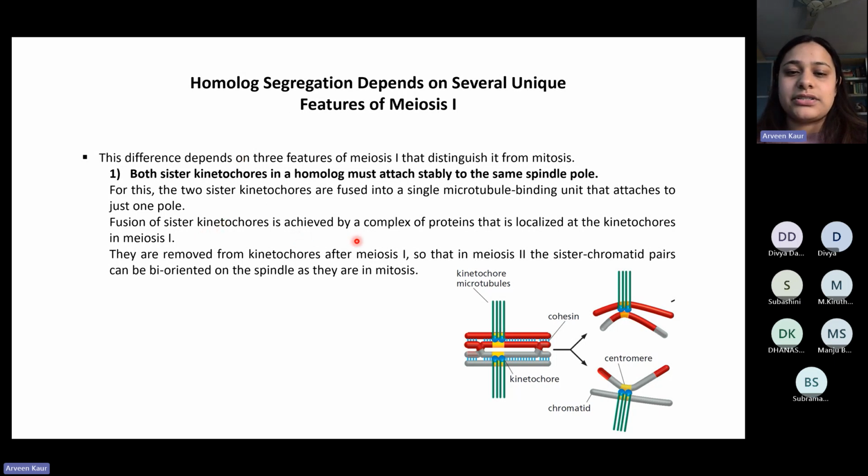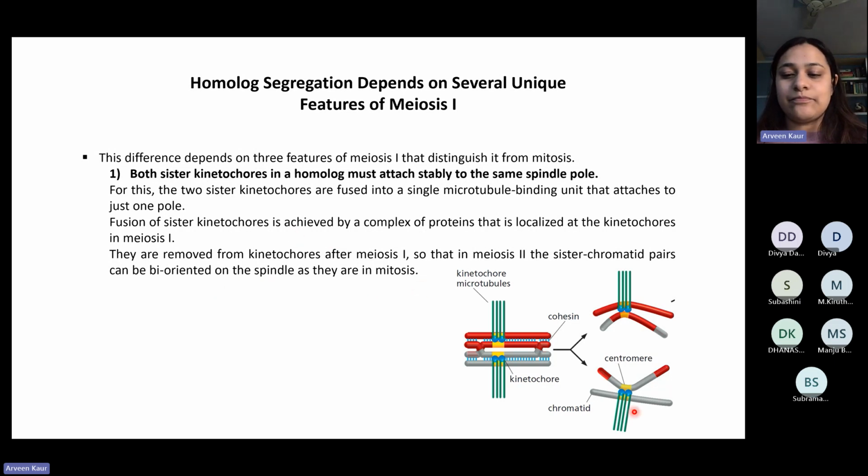Fusion of sister kinetochores is achieved by a complex of proteins that is localized at the kinetochores in meiosis 1. Although we don't really know what this protein complex is, it is removed from kinetochores after meiosis 1 so that in meiosis 2, the sister chromatid pair can be bioriented. Bioriented means it can attach to different poles and then they can be segregated on the spindle as they are